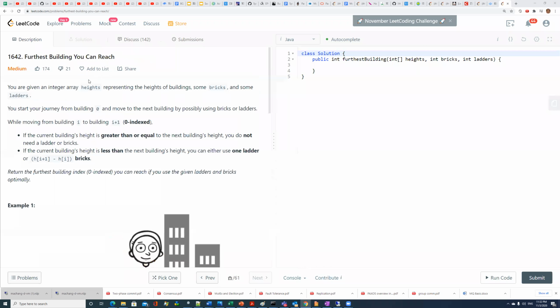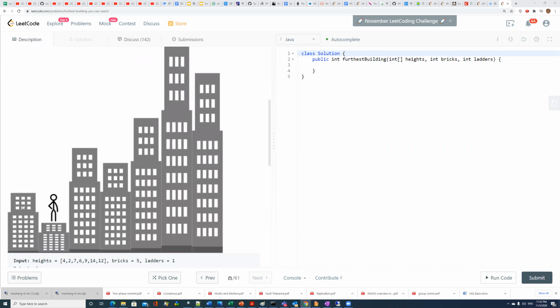So right now I want to talk about this issue. This issue means the furthest building you can reach, and it's like this graph. The rule is, when you encounter decreasing order, you do nothing, and when you encounter increasing order, you have two choices. One choice is to use bricks to reach the higher building, and another choice is to use a ladder